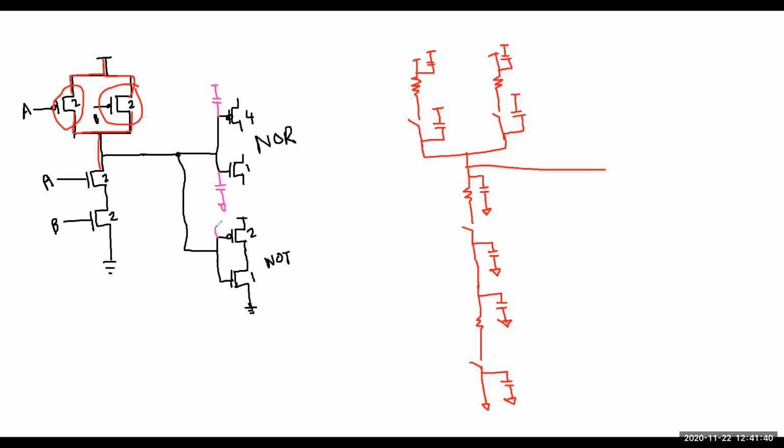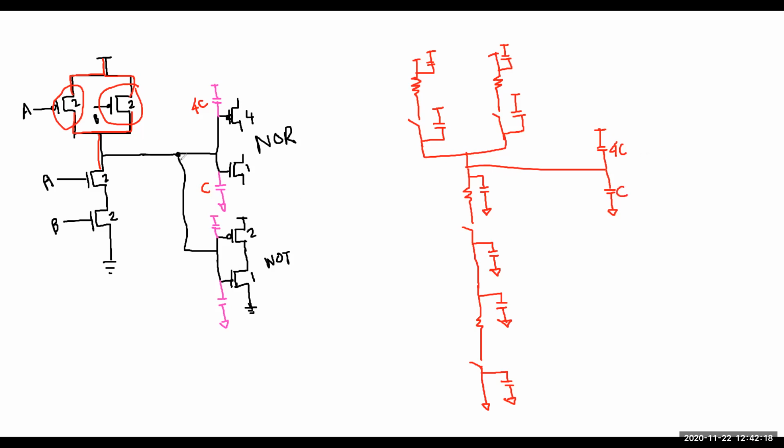Here it will have a gate capacitance that is not connected with the main NOT gate. So they will come and be connected here. So you have a capacitor. You have another capacitor. This is from NOR gate. So first one, this is 4C. Why 4C? Because the sizing is 4. This one is 1C. So just C.